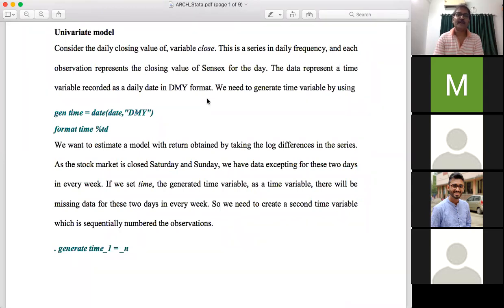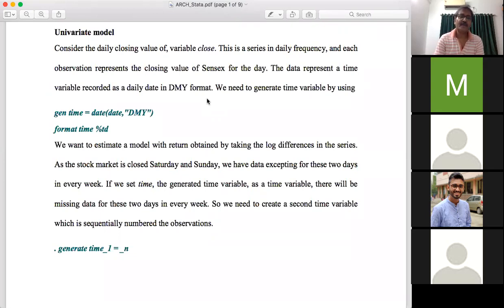Suppose we denote return as Z_t and the stock price as Y_t, where the sensitivity index closing value is denoted by Y_t. How do we get return Z_t? Z_t is simply Y_t minus Y_(t-1). That is the first difference of Y_t. So to calculate return, we need to take the first difference.